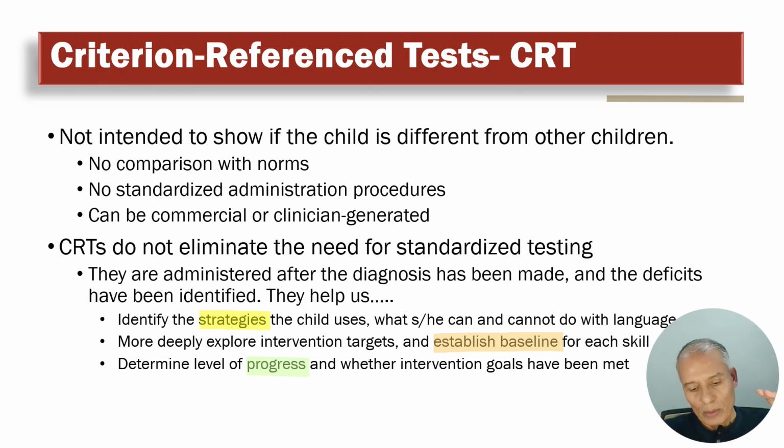And then you have a baseline, and you see how closely they can achieve their target. After you administer standardized testing, you identify the areas of deficit, like say deficits in morphology, in semantics, and syntax, whatever. So you get one of these or design your own